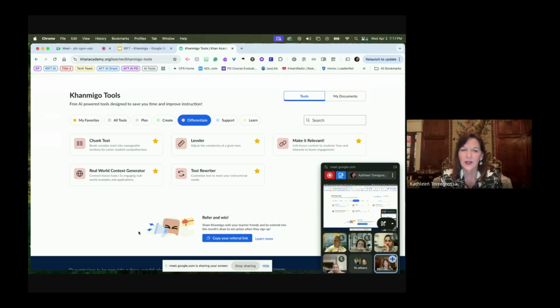The real world connector will connect your lessons to real world examples. So if I go to real world connector and say, give me some examples where my kids would have to use perimeter, it'll say, well, if they want to buy a rug or pave the parking lot. It gives real world examples. Text rewriter, I don't want to go through all these because I want you to play with some of them, but text rewriter will